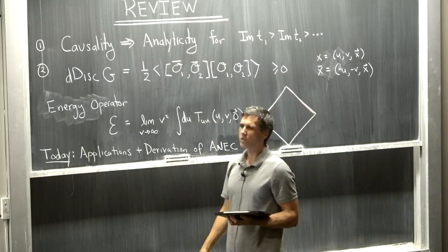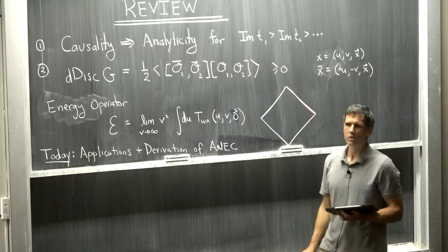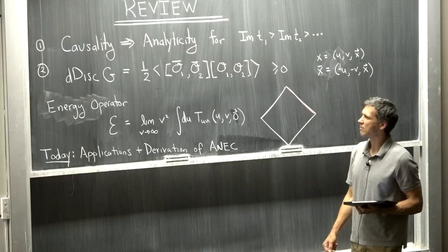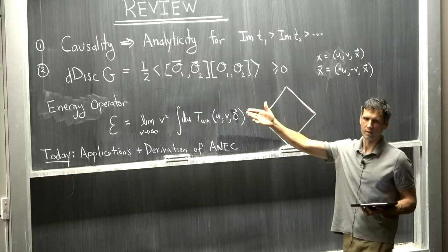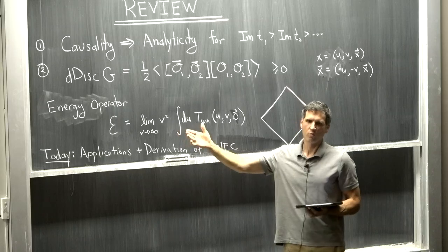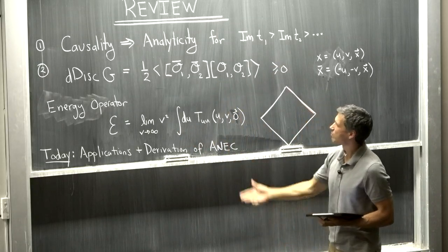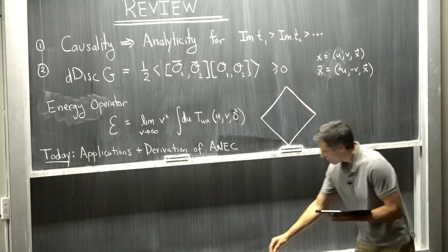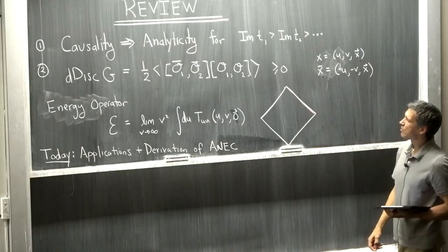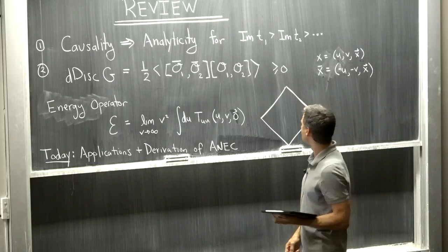Then at the end last time, we talked about the average null energy condition. And then I started talking about a specific instance of average null energy, which is these energy operators. So the energy operator is a version of the average null energy, which is up at infinity, Scri plus in Minkowski space. So it's a special case of the average null energy operator. And its physical interpretation is that the energy operator measures the actual energy that is on the display readout in your experiment. It tells you how much energy was deposited in your calorimeter.